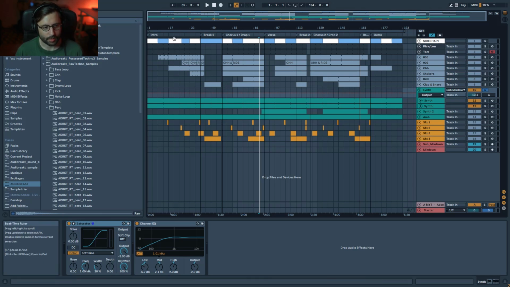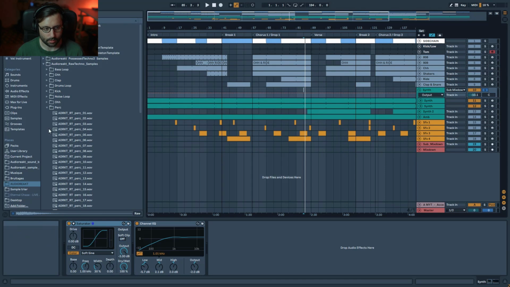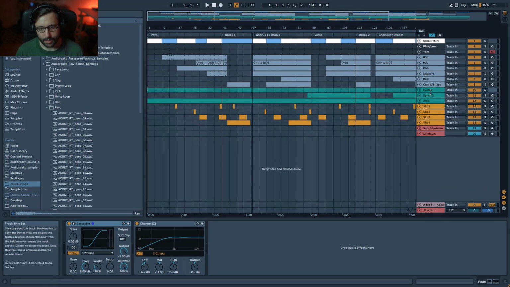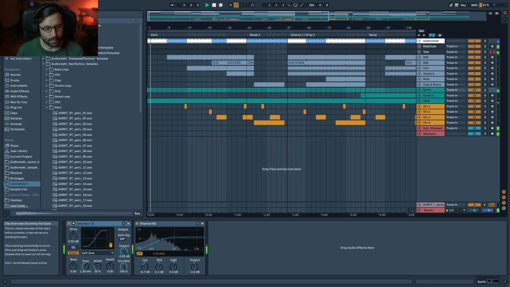Now we're gonna go step by step and show you what I introduce and why. So I usually start with the groove. Obviously there is no drum, the synth is playing but the filter is very down so you barely hear it, and there is this ambience which kind of sets the mood of the track, and so it starts like that. You have this ambience, you have the main synth but filter down, and then I will add